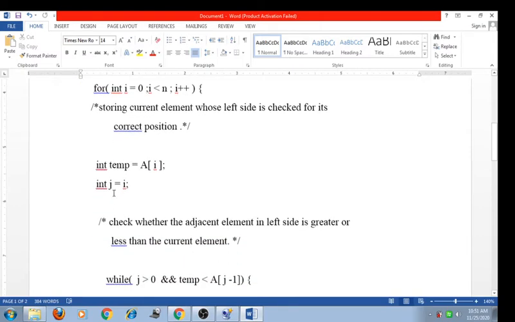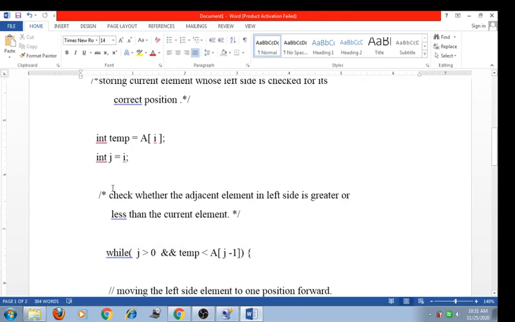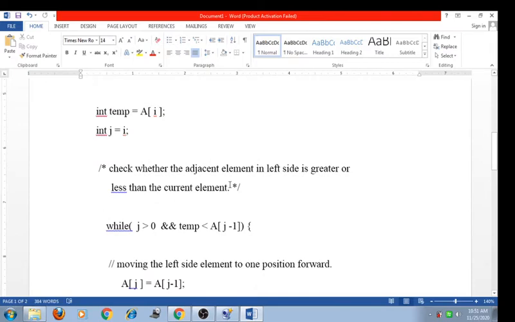Now I again initialize j to the value of i. Now check whether the adjacent element on the left side, meaning the neighboring element, is greater than or less than the current element.